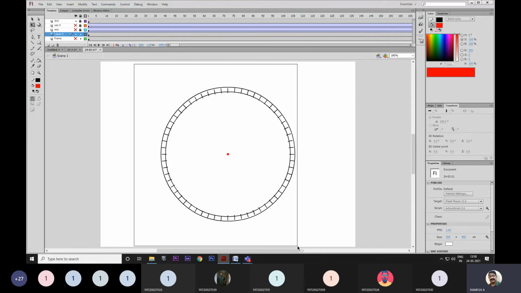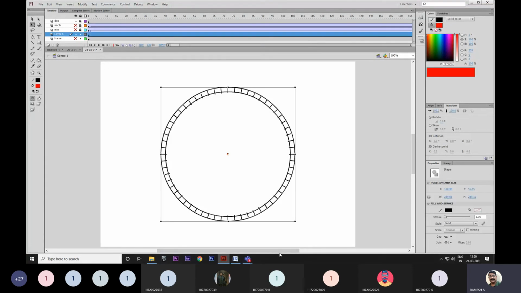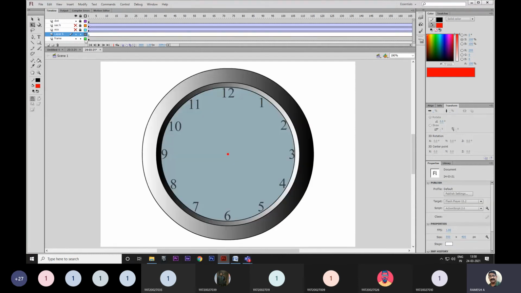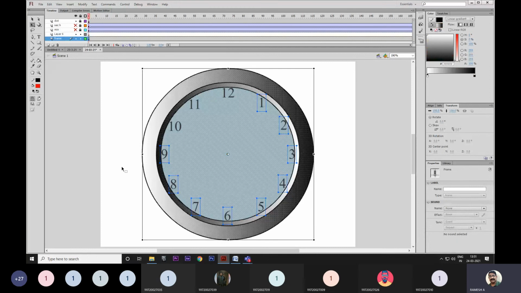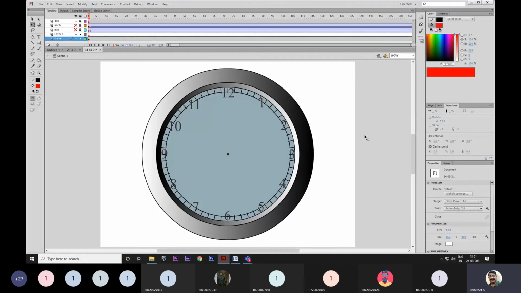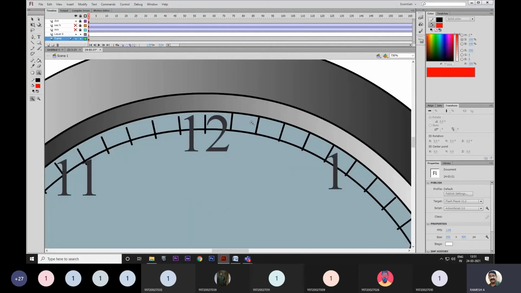This I'm going to use in the frame. I'm going to Control X. I'll paste in the frame, Control Shift V. Now I'll check the alignment whether it is in the proper way or not.